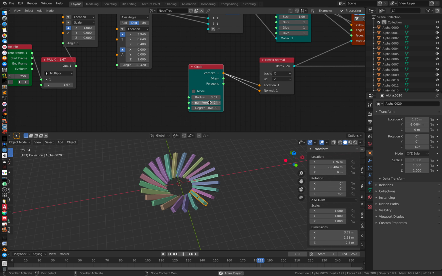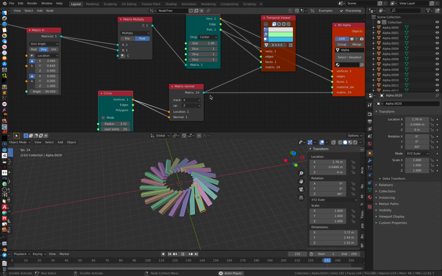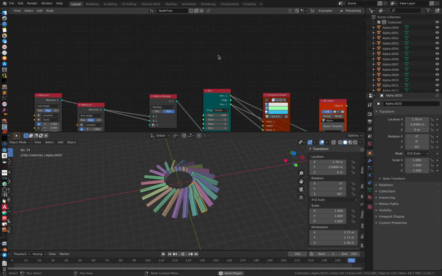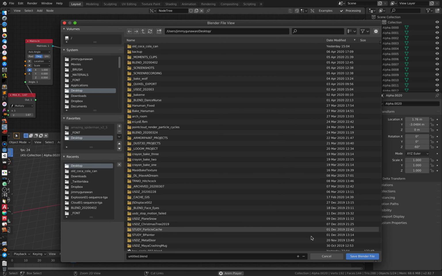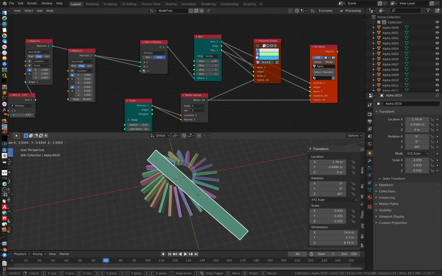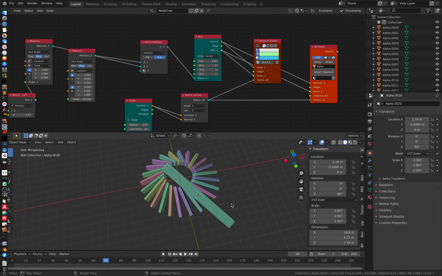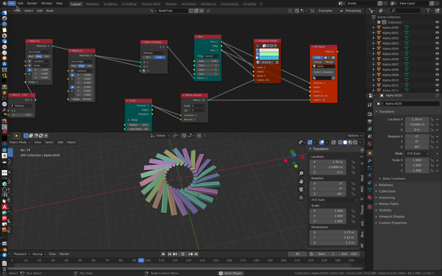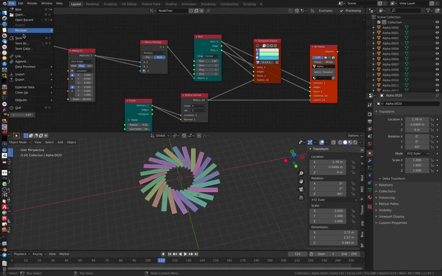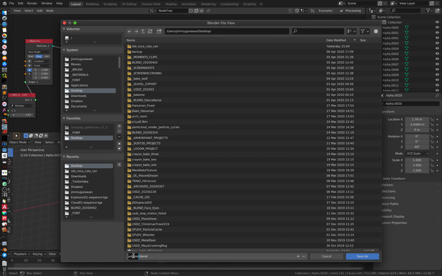So with the radius, let me think what else we can do here. So let me save actually. File, save as circle